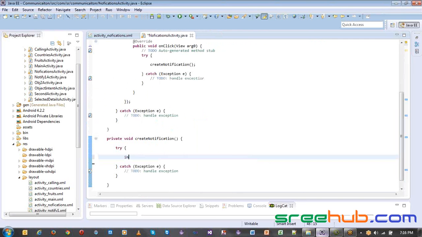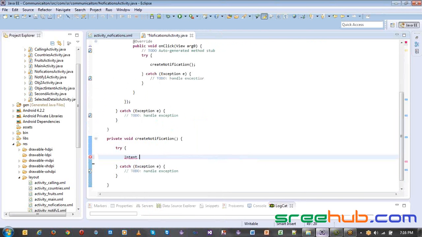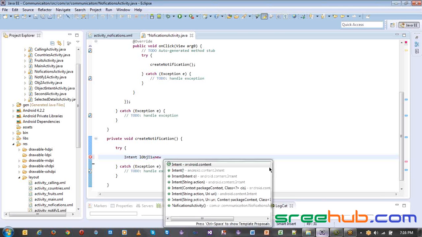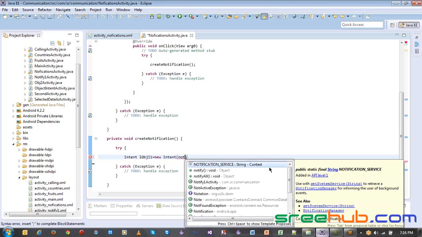The first step will be the intent part. Until you have an intent, you can't even create our notifications. Now the first step will be creation of intent. Let me create an intent, which is like, let's call it LOBJ I1, is equal to new Intent of. So we have to go from this notification activity, which is